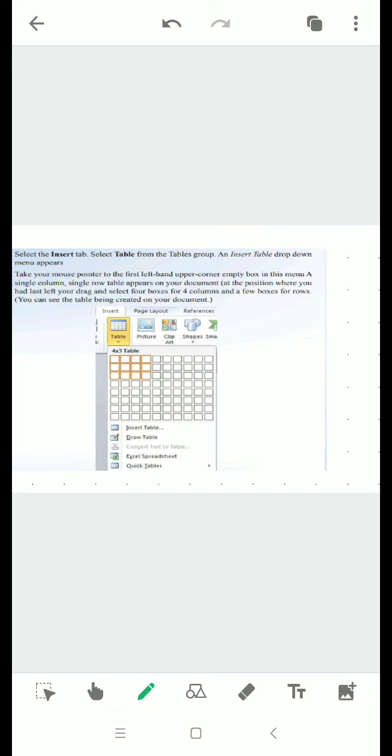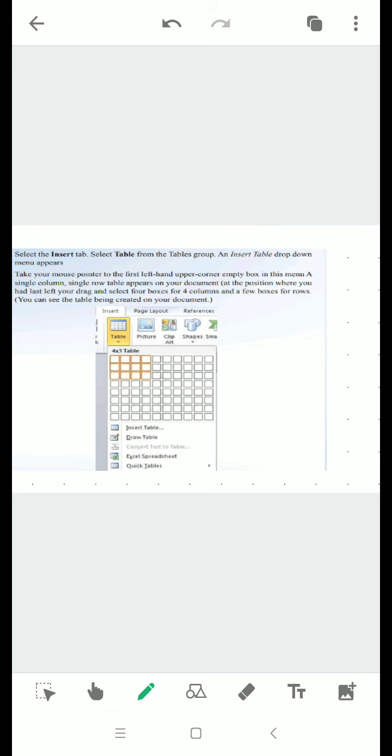When you click on the insert tab in the tables group, select table, you can see the three options. That is the grid to select the number of rows and columns, and the insert table and the draw table below it. First is using table grid option. You have to drag the mouse pointer over the grid so that it will select the number of rows and columns you want in the table. After you release the mouse from there, the table will be inserted on the working area.